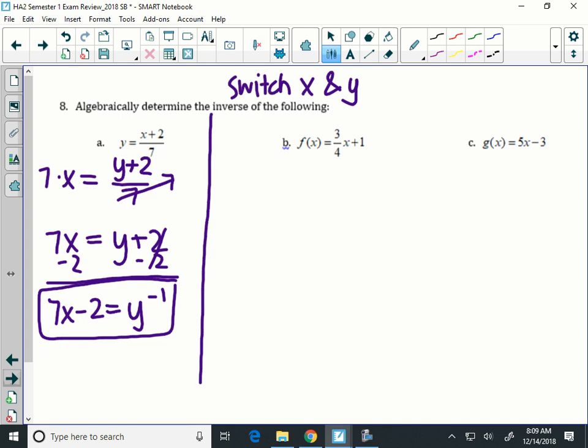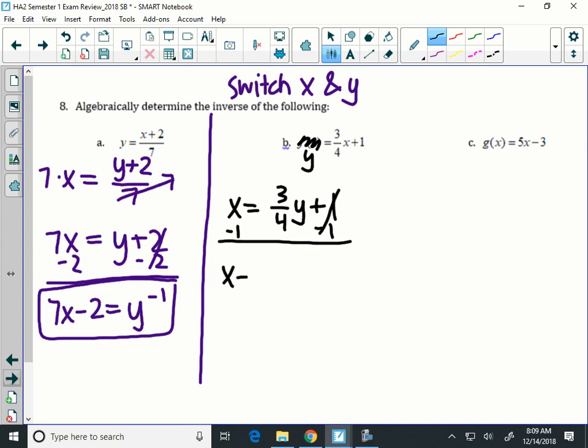B, I'm going to do the same thing to start. I switched the letters x and y. Now f of x here is the same thing as y. So when I switch those, I get x equals 3 over 4y plus 1. I start by subtracting 1 from both sides, and I'll get x minus 1